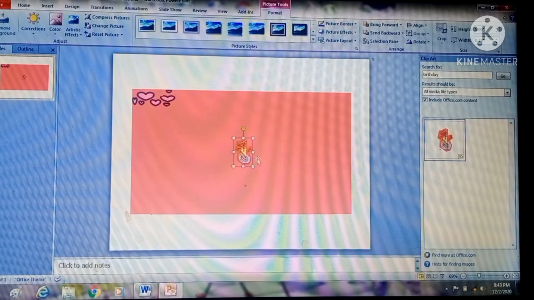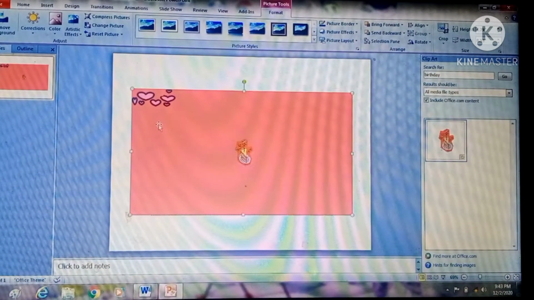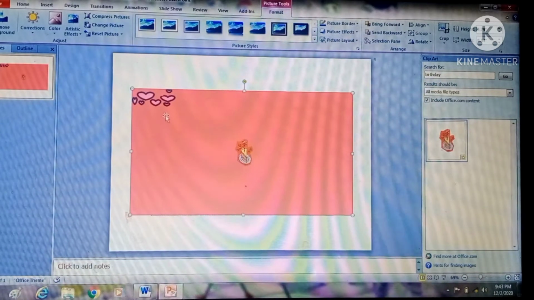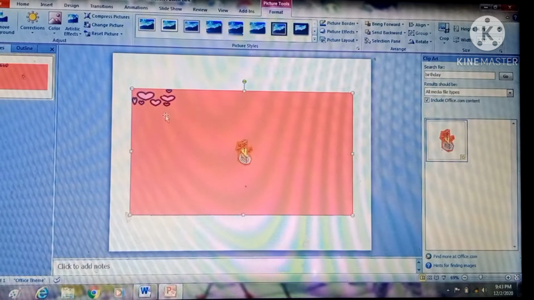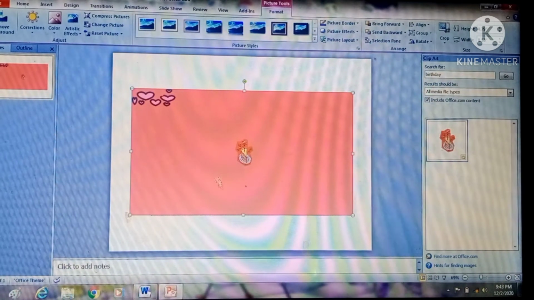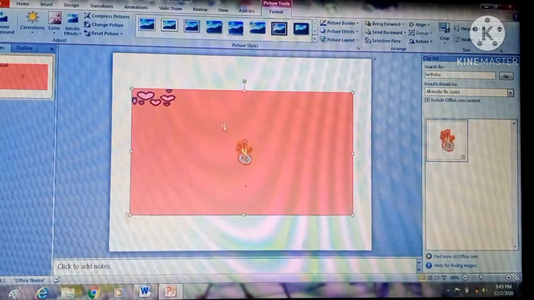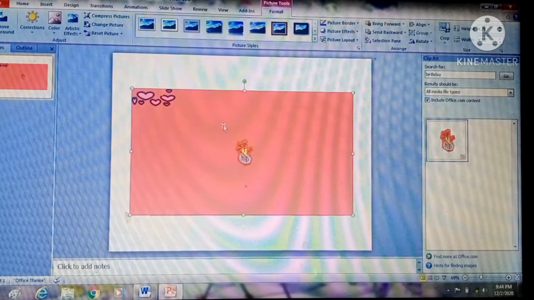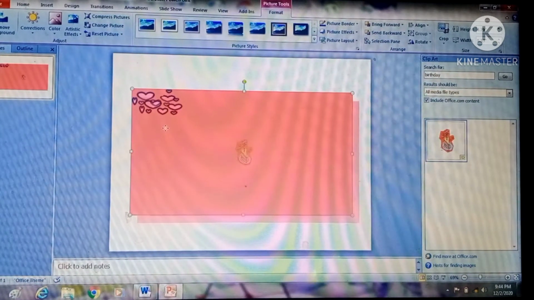For moving an image, firstly we will bring the pointer on an image. For example, I am bringing the pointer on an image and holding the left button, the pointer changes into a four-headed arrow like this. You can see my pointer has changed, it is looking like a four-headed arrow. Then I am pressing it and moving the mouse.